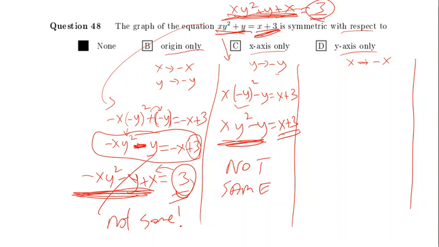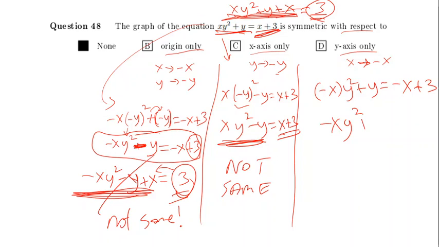And now let's do this one. Change x with minus x. So it will be minus x, y squared plus y equal to minus x plus 3. Now, if you want to check them, they don't look the same because we have negative x, y squared plus y, and you send this one to the other side, you can get 3 here. To compare both equations, sometimes we need to